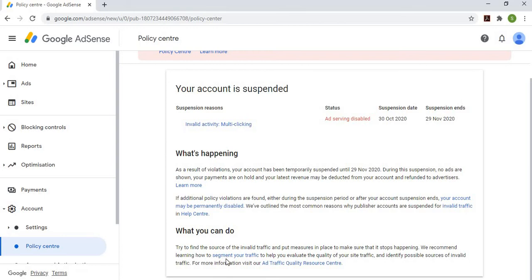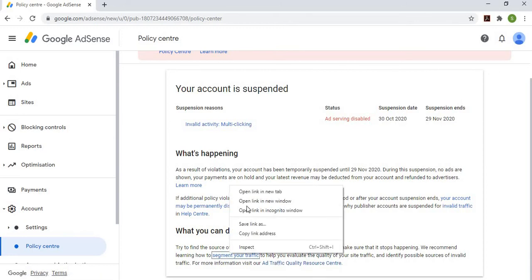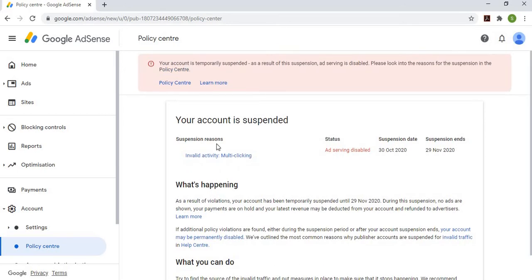Here it is mentioned, Google recommends you segment your traffic to help you evaluate the quality of your site traffic and identify possible sources of the invalid traffic. For this you can read this article of Google, segment your traffic. But before going to that section, I am going to discuss what you can do in such situations.